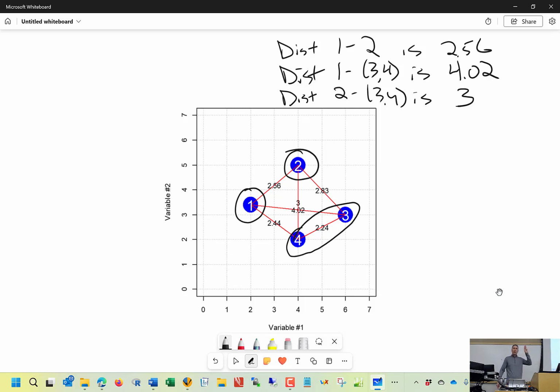And I need to decide, well, what's going to now be joined together? To make that decision, I still look at, well, what's the smallest of those distances? That smallest one is 2.56. So now,